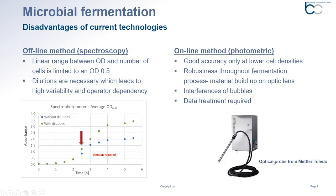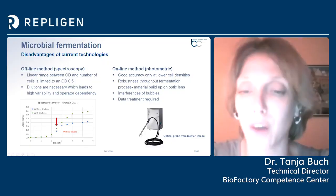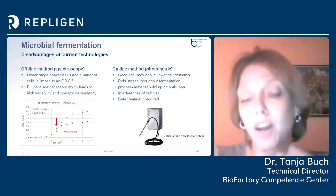First of all, they have their limitations with high cell density cultures, and they have the tendency of material buildup around the sensor, especially on the optical lens at the bottom. In addition, if you require a lot of oxygen and you need a high aeration rate, these bubbles can also interfere with our measurement. But one of the biggest drawbacks of these optical probes is that we are not measuring